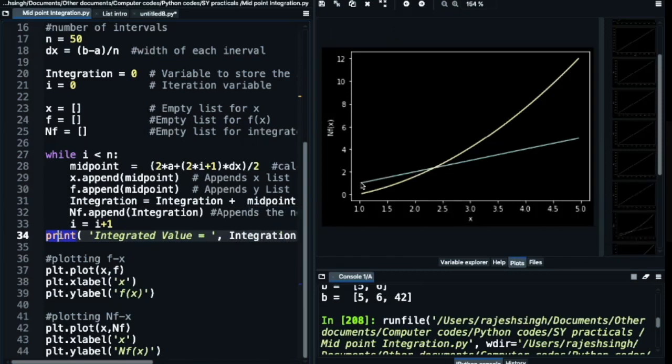The straight line is plotted from A to B, that is from 1 to 5. So the straight line graph is your original function f of x, which is a linear function, and your curved path is the part of that parabola, or x squared function. So these are the two functions that you have plotted here.